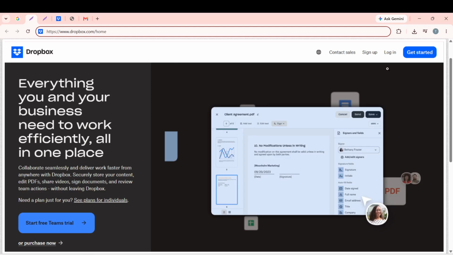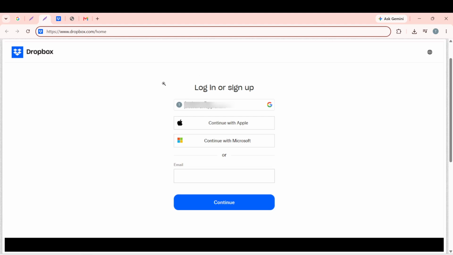Here you will see options to log in or create an account. If you already have an account, you will need to log in. Next, enter your credentials to log in. This means typing in your email address and password associated with your Dropbox account. If you have forgotten your password, you can follow the prompts to reset it. Logging in is essential because it gives you access to your files and allows you to perform uploads.